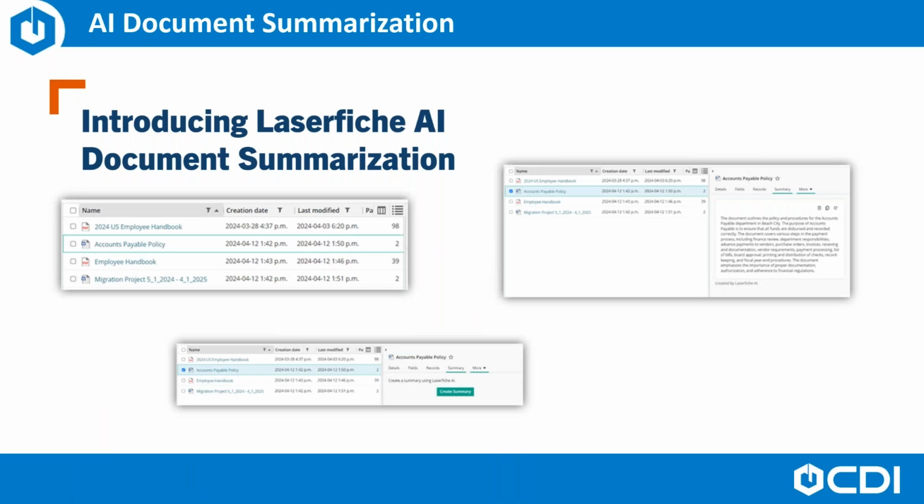And next, select the document and then go to the details pane and click a summary tab. And there's a create summary button, and in a few seconds, you receive a concise description of the document's contents. You can delete it, copy, regenerate it if you like, and with that single click, you can also share the summary directly into an email or copy the summary with a URL.